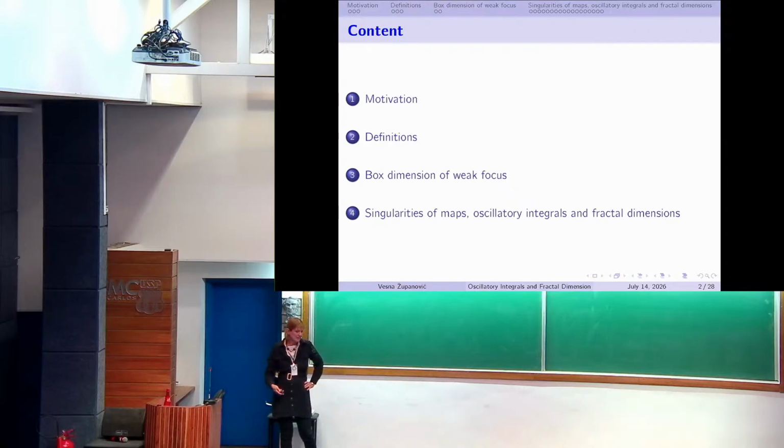Then the basic definition says fractal dimension, but which one? There are a lot of fractal dimensions. Which one will be useful for us? Now you can see that it is a box dimension, but there are also a lot of names for this box dimension. Box counting dimension, Minkowski dimension, limit capacity, and so on.